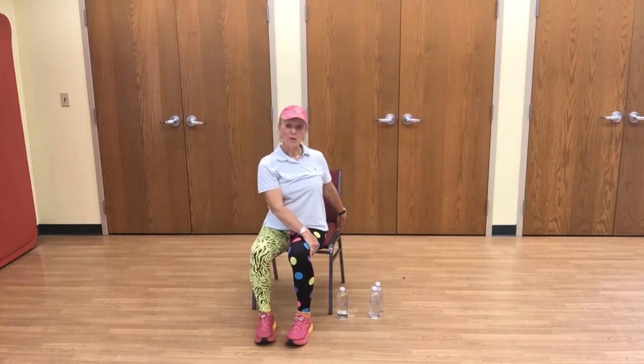As we breathe in, our hands come up to the sky. As we exhale, they float down. One hand comes across the body to the outside of the opposite knee. The other hand is available to hold the low portion of the back side of the chair. We breathe in and sit